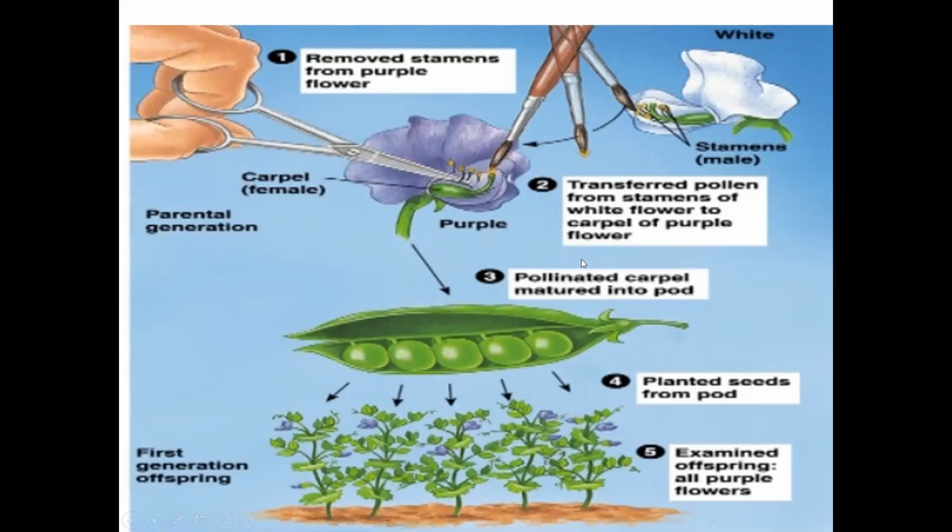Okay, then after the pollination, what has been seen is that a mature pod has been developed. Now this mature pod is this green pea, and when you are growing this green pea again, then you can see these are the varieties we are obtaining. See, here all are purple color, that means the purple color is dominant over the white color, and all purple colors are obtained.